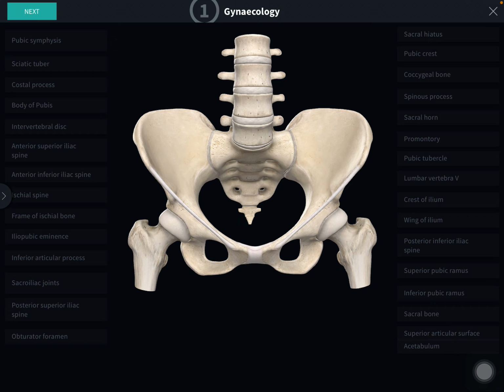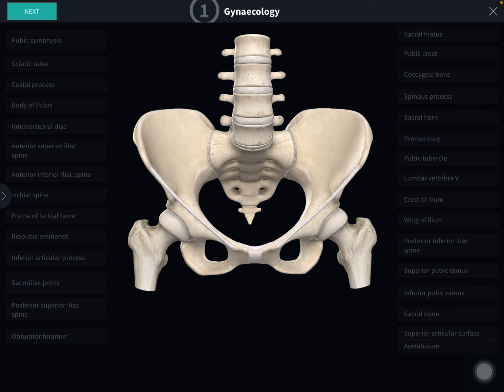So today's topic is the revision of the bony pelvis. We will label the parts so that it will be a quick revision for you. We will start from the beginning. So the bony pelvis you are seeing in the image is formed by the sacrum and two hip bones that you should have learned. This class is not the detailed class of the bony pelvis, but a revision of the parts of the bony pelvis.